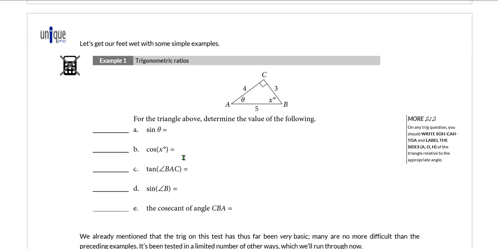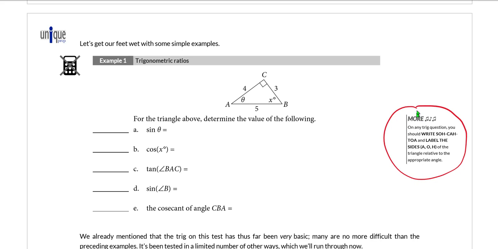At the top of the next page, we are going to do a bunch of examples. These should be very basic. The vast majority of students who are sophomores, juniors, definitely seniors should be able to do these pretty quickly and confidently. I would try to work through these on your own before you watch me work through them, but if